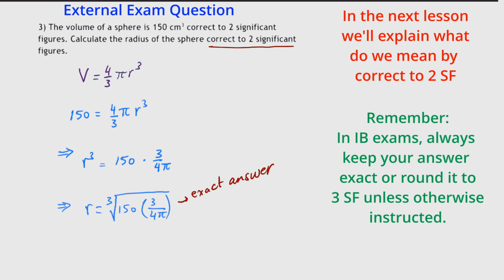First, I'm going to multiply 150 by 3, and then divide it by 4 times pi. And then I'm going to find the cubic root, so I'm going to say this number to the power of 1 over 3, and this will give me r is equal to